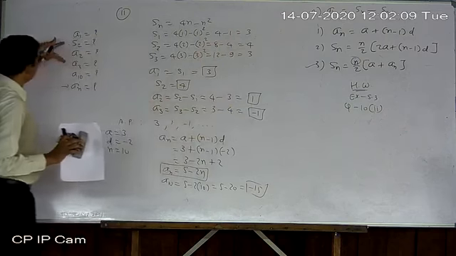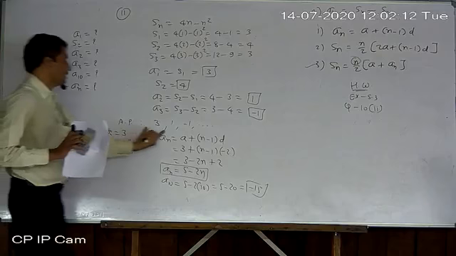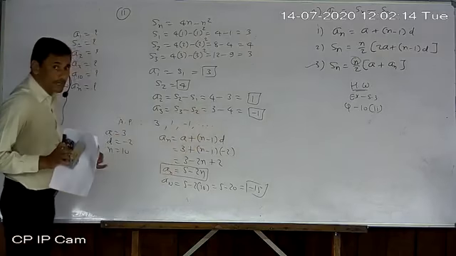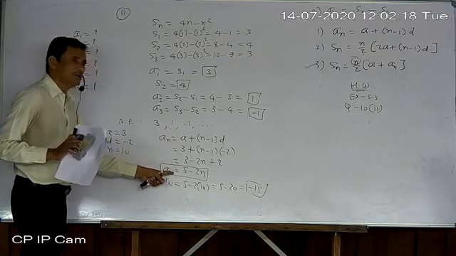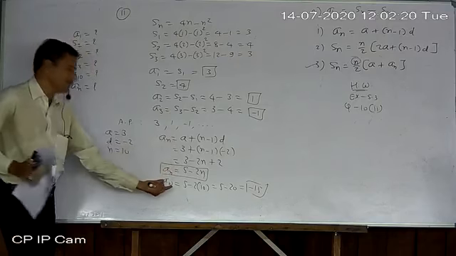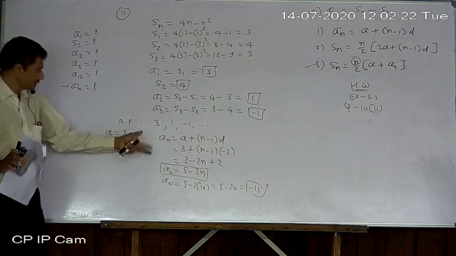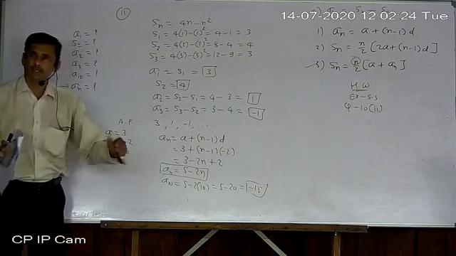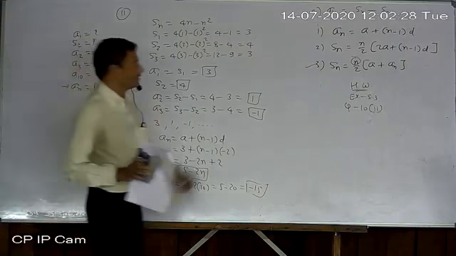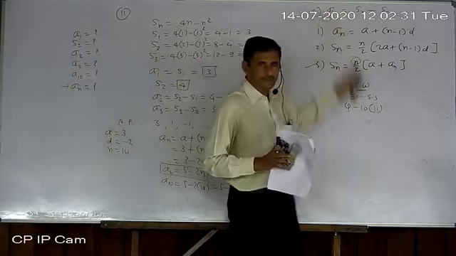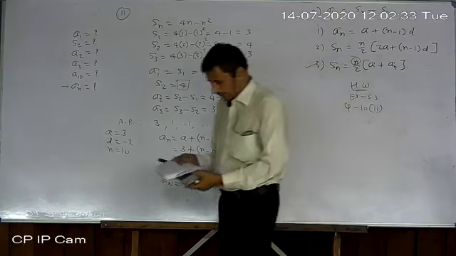Now we have the first 3 terms, A1, A2, A3. After getting these, we can find any term. But first I try to find the nth term and then the 10th term. So easily we can find the 10th term. So from the last 2 examples combined we get that. It is a long sum but not difficult, one new concept you came across here. Now look at number 12.